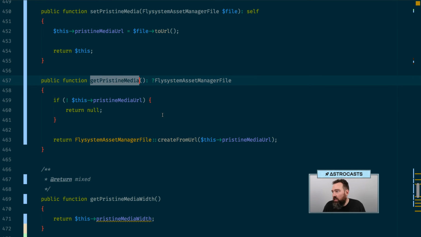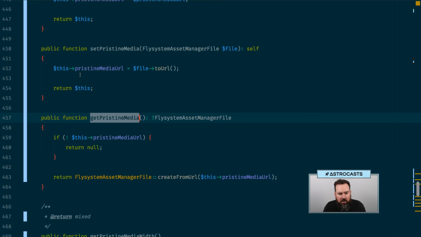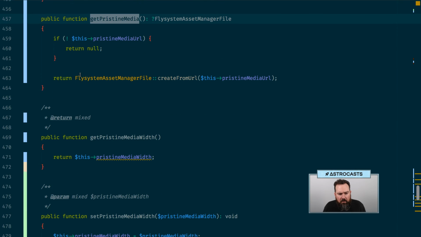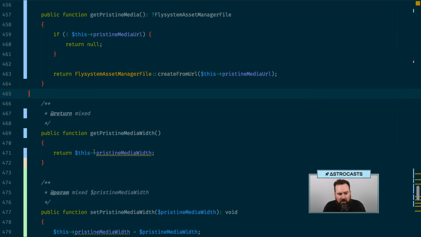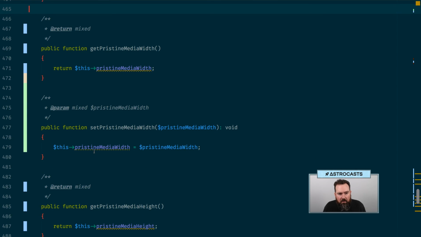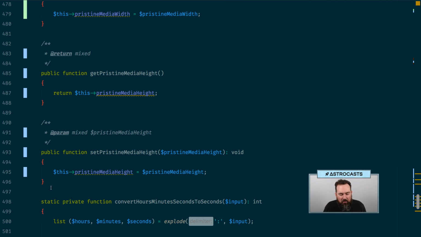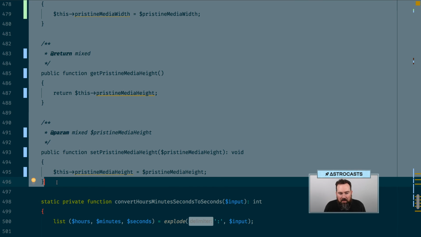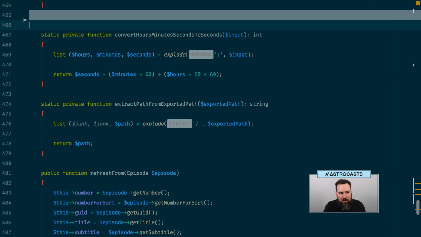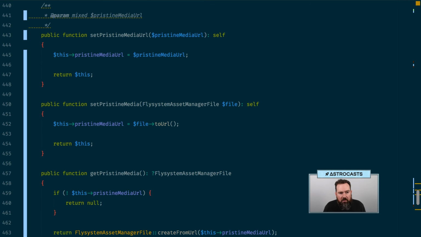We have 2 minutes left anyway, so I'm going to just see if I can do this real quick. Pristine media. Oh, we don't need pristine media width and height. Pretty sure we don't need those. I think those just came in accidentally. So I probably copied the background image stuff. So let's do